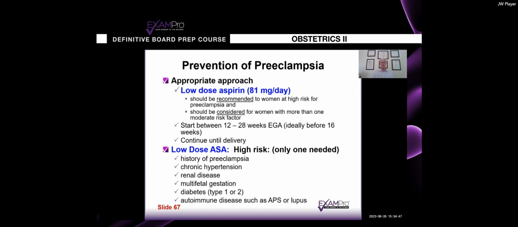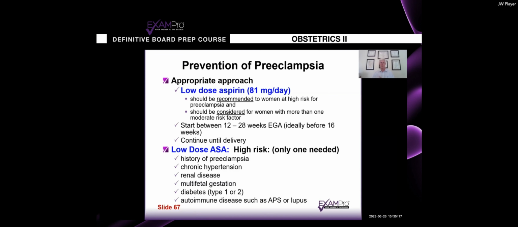Any one of these criteria right here is an indication to offer your patient aspirin, 81 milligrams a day. On the next slide, the low risk, we need at least two or more of those risk factors to recommend low-dose aspirin. So on the high risk, anyone who is hypertensive or has had preeclampsia in the previous pregnancy, because they're suspected hypertensive patients, should be offered. Again, renal disease, one of the early markers of end-organ disease related to hypertensive disease, by itself is an indication. Any multifetal gestation, as we mentioned, pre-gestational diabetes, right in there,